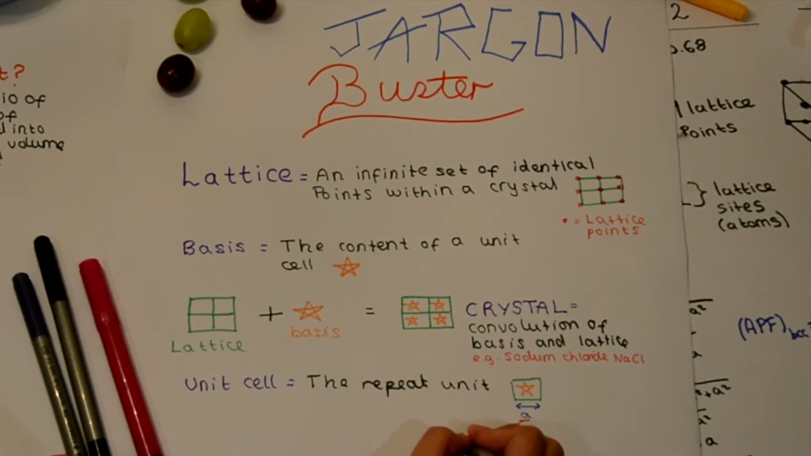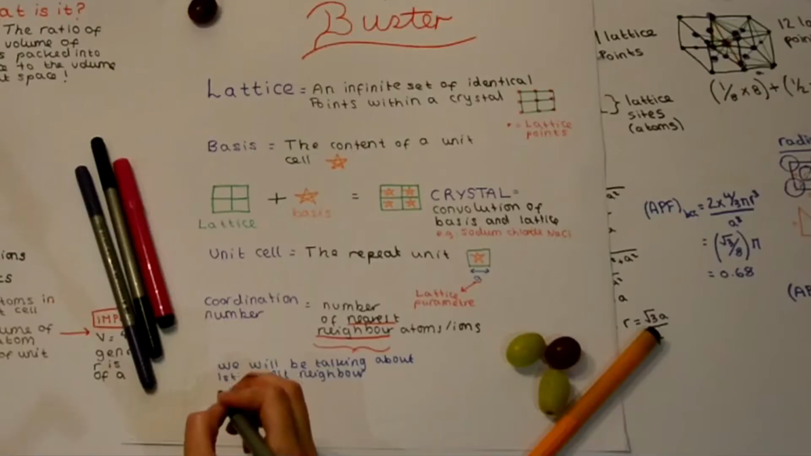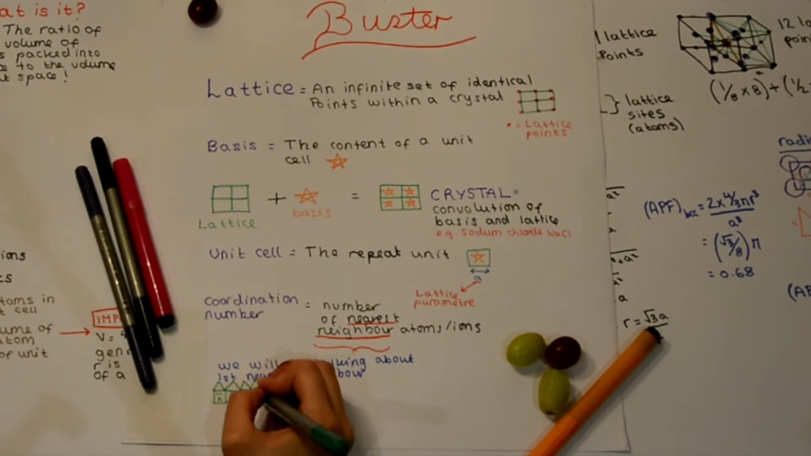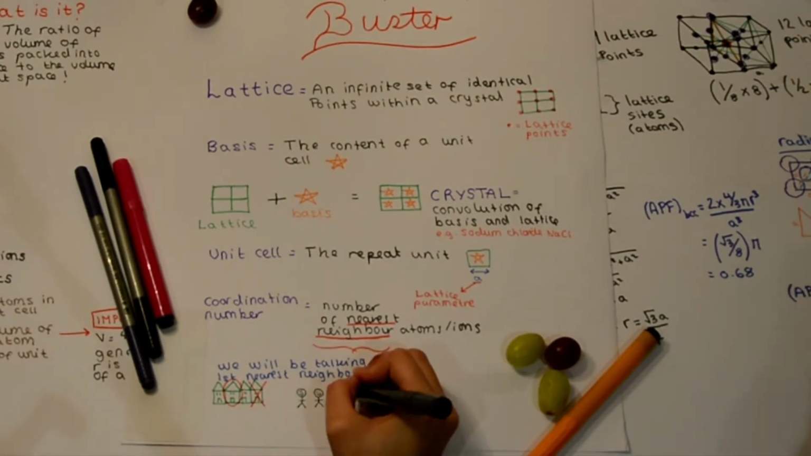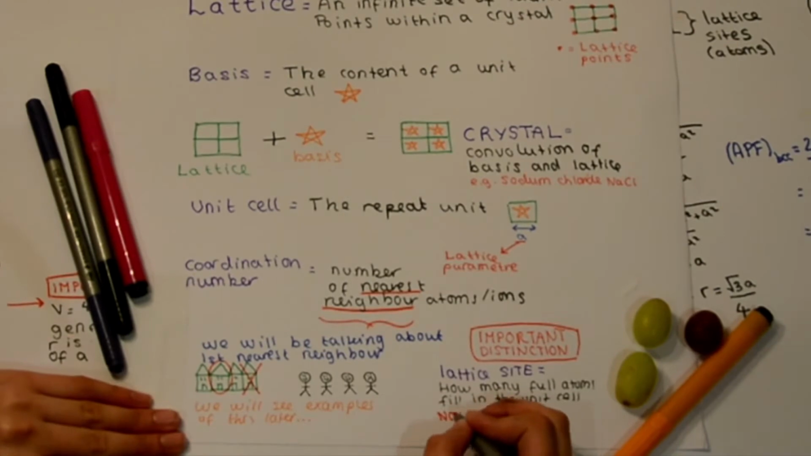Lattice parameter. A lattice parameter refers to the dimension of a unit cell. Coordination number. Coordination number is the number of nearest neighbours by an atom or an ion. And a nearest neighbour is just simply the smallest distance between two atoms in a cell. In this course, we will only usually be talking about the first nearest neighbour, and especially in these circumstances. A lattice site. A lattice site is the number of full atoms inside the unit cell, not to be confused